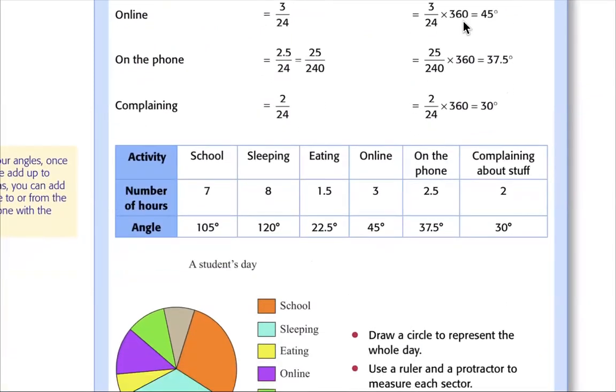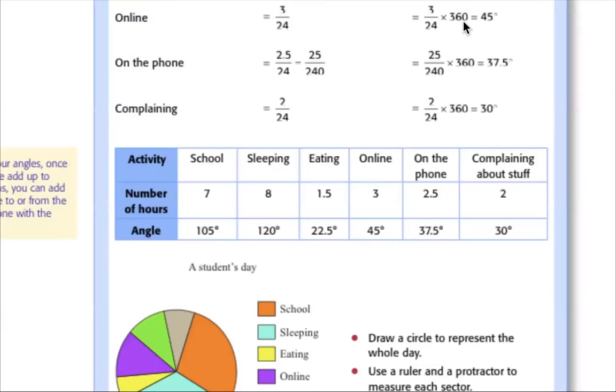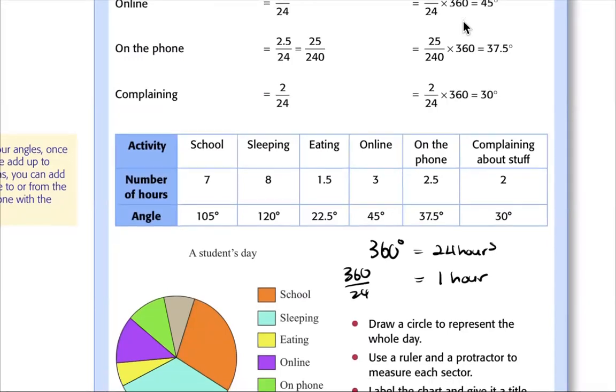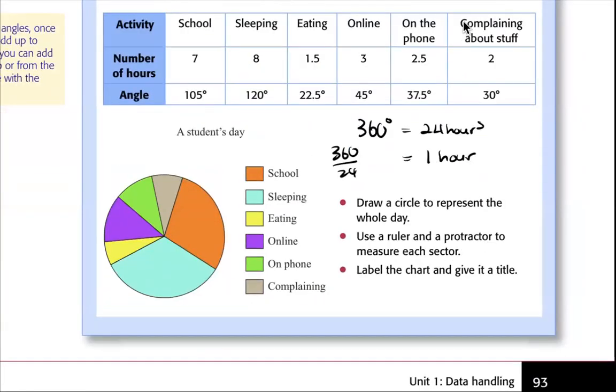Okay, so you can actually see here, 360 degrees is equal to 24 hours. So it's up to you how you want to do it. You can find hours to change it to 360 is best. All right, then you can get the answer. You must use the